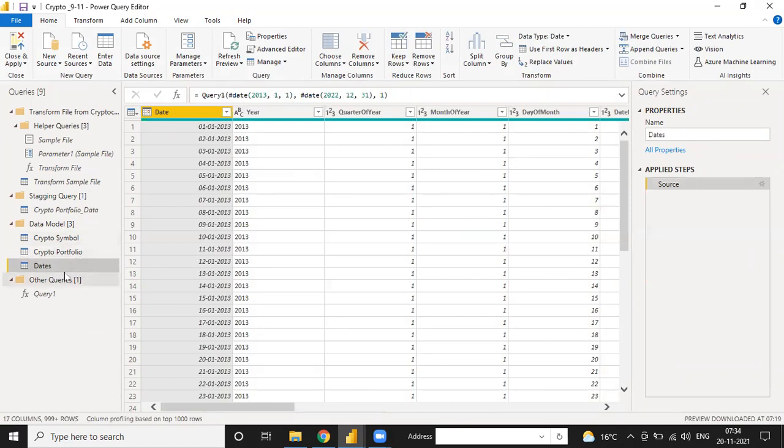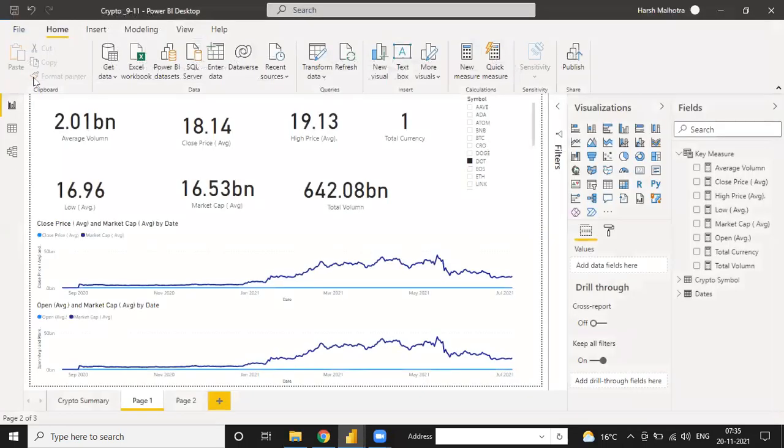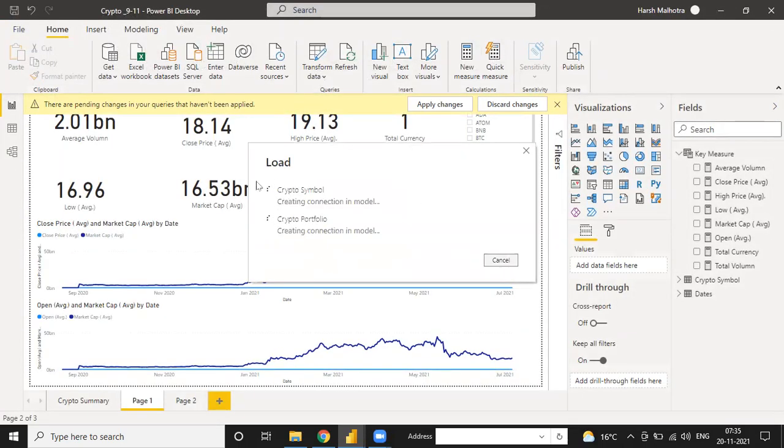That is the reason. And how to use this date? Because we have written one text query. I have sent it to you, and I think you have practiced on it. So this is our date query, so that it will be helpful for you every time to add a date table without adding any calendar or auto function into this table. And after that, when we close and apply all the files like crypto symbol, let me show you.